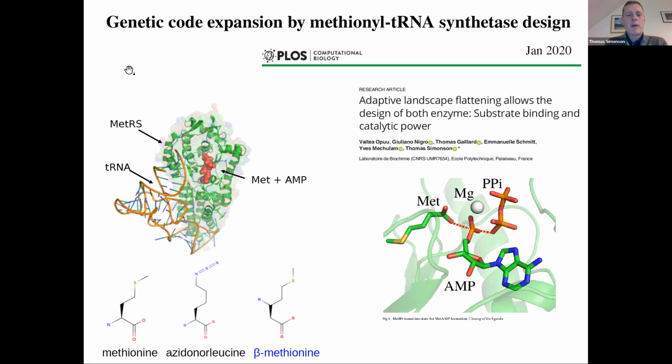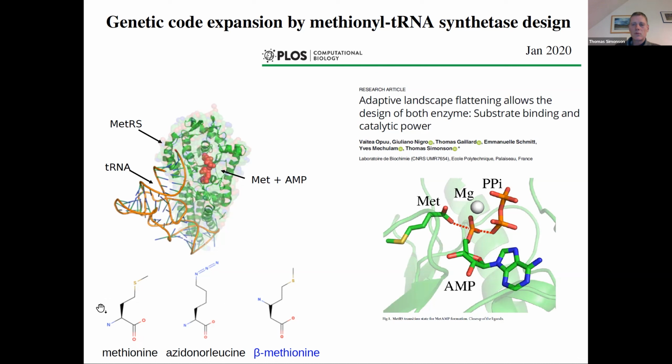Just mentioning in passing this one application system. This is a methionine tRNA synthetase system. We designed for this non-natural amino acid, and we recovered the top experimental hits, which were already known. We redesigned for methionine activity, which is the natural substrate, and we predicted a whole bunch of hits that should be active. And subsequently, they were tested, and they were indeed active. None of them was more active than native, but they were all active.